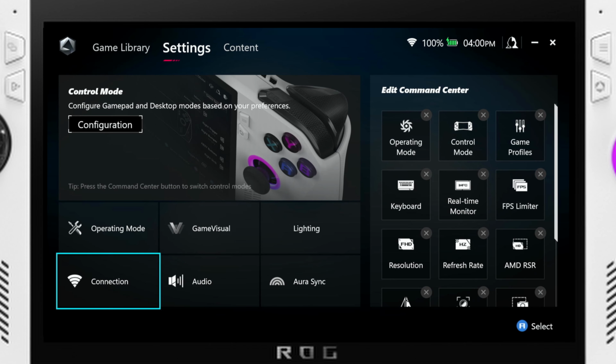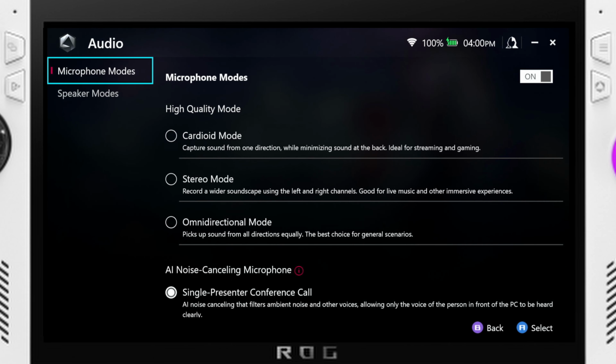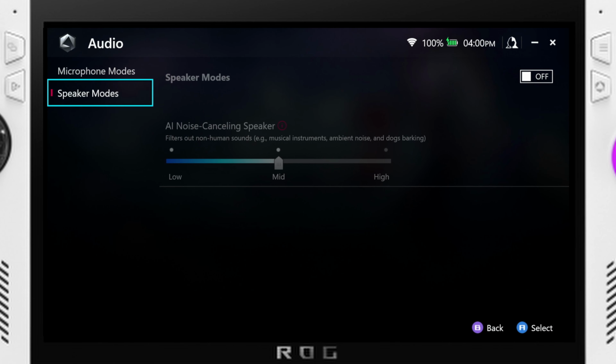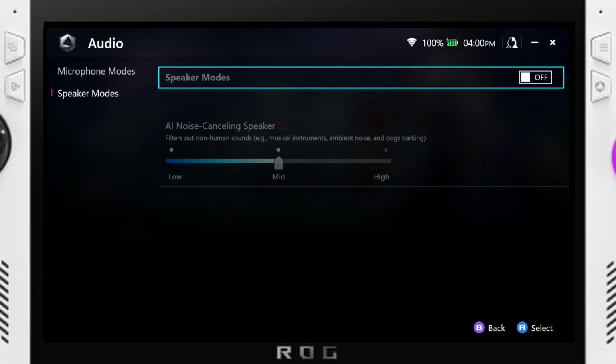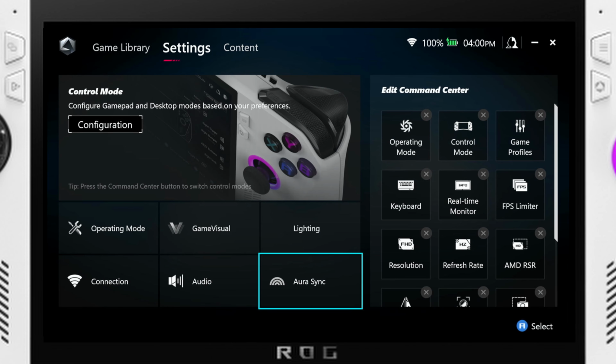Anyway, connection, that'll bring you into your Bluetooth and your Wi-Fi stuff. Audio, this will bring you to the noise cancellation stuff for the microphones and then for the speakers. So presumably for voice calling, voice chat and stuff. Just note that the AI noise canceling speaker stuff, I believe, does use a little bit more CPU power. Both of them would, but...